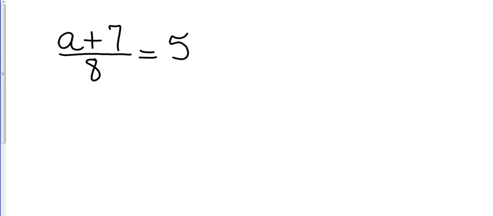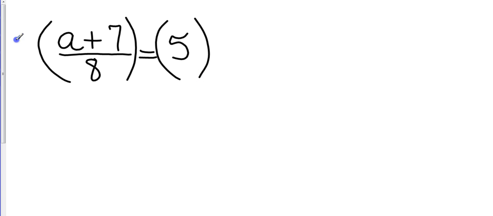Now, looking at our second example, we have a plus 7 divided by 8 equals 5. Again, the 7 and 8 are going to have to be moved, and so I need to determine which one to do first. The a and the 7 are on top next to each other, so I'm going to move the 8. Because the 8 is on bottom of the fraction, that means division. So opposite of division is going to be multiplication. So I'm going to multiply both sides